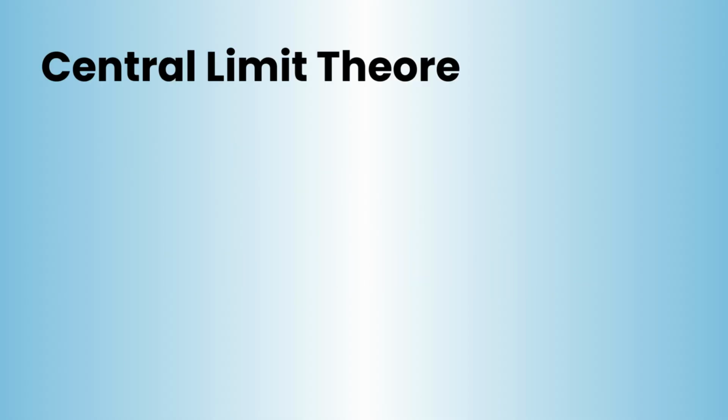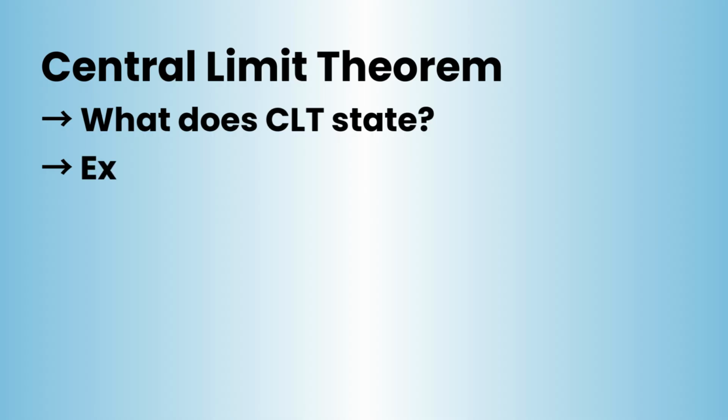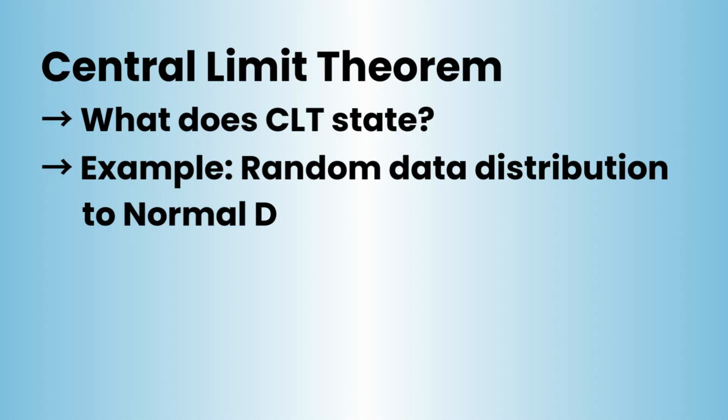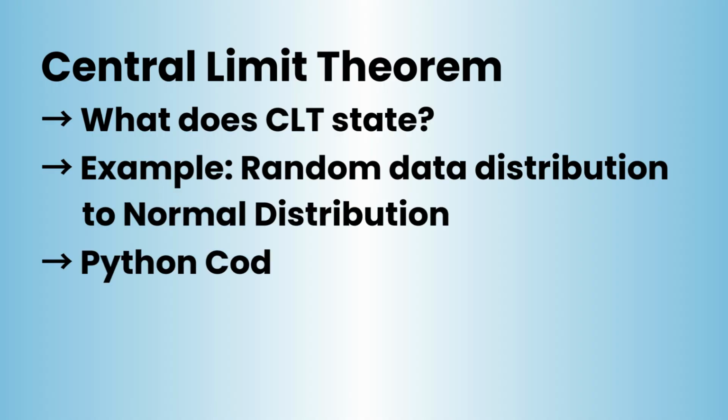One of the key statistical reasons this approach works in practice is called the Central Limit Theorem. In this video, we will see what the Central Limit Theorem states, a look at the random data and the distribution it follows, and how it translates to a normal distribution. Also, a Python code with the random data of about 100,000 samples and see Central Limit Theorem making this data